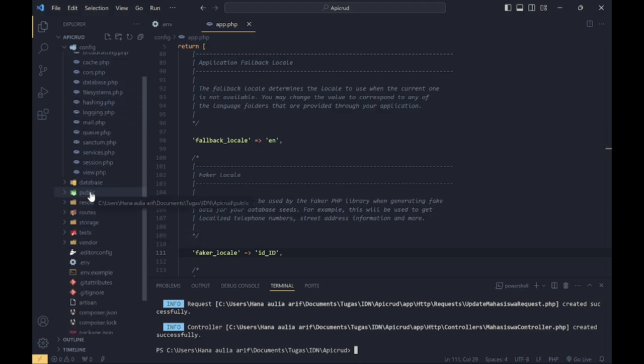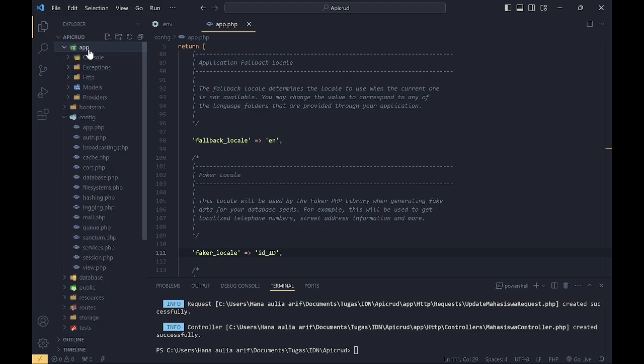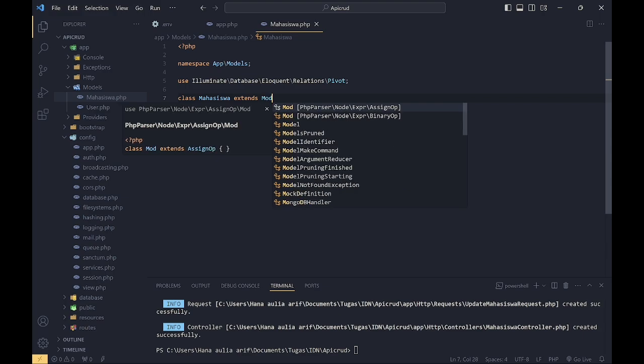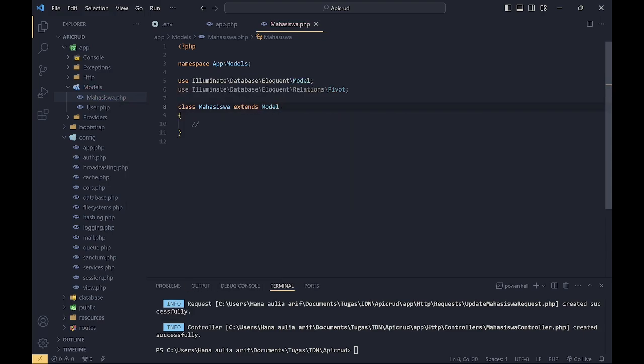So this will be installed, and the migration file will be edited like this, and then there is the file for the model Mahasiswa.